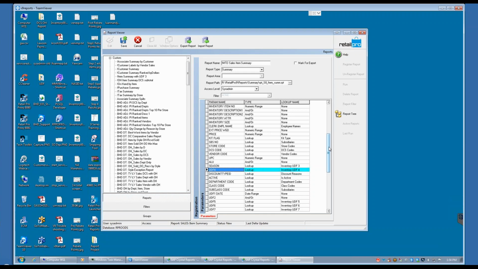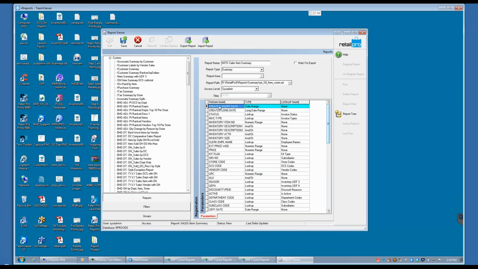Same thing with things like in this report. Where's the date? So in this report it says created short date, right? And to me, if I didn't know any better, created short date would say the day that I created the item. Well, it's not, actually. This is the sales date range, right? So I can change this